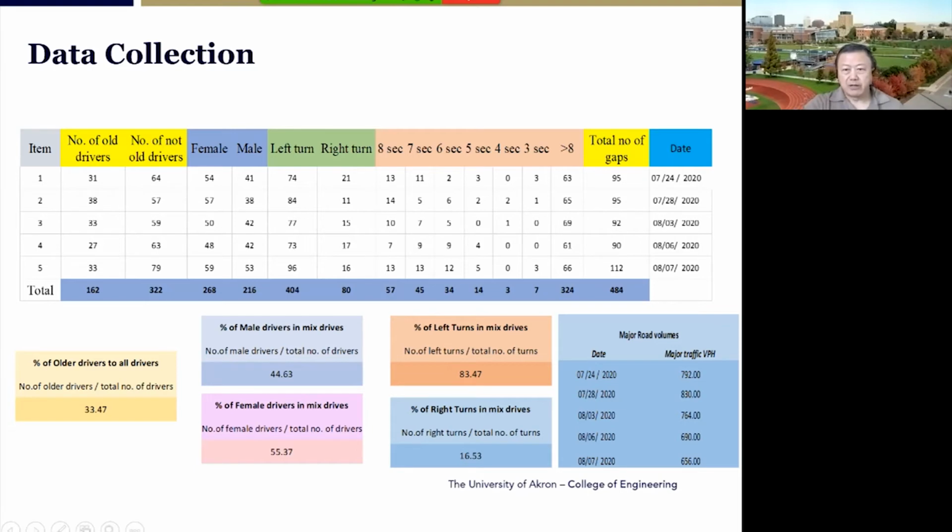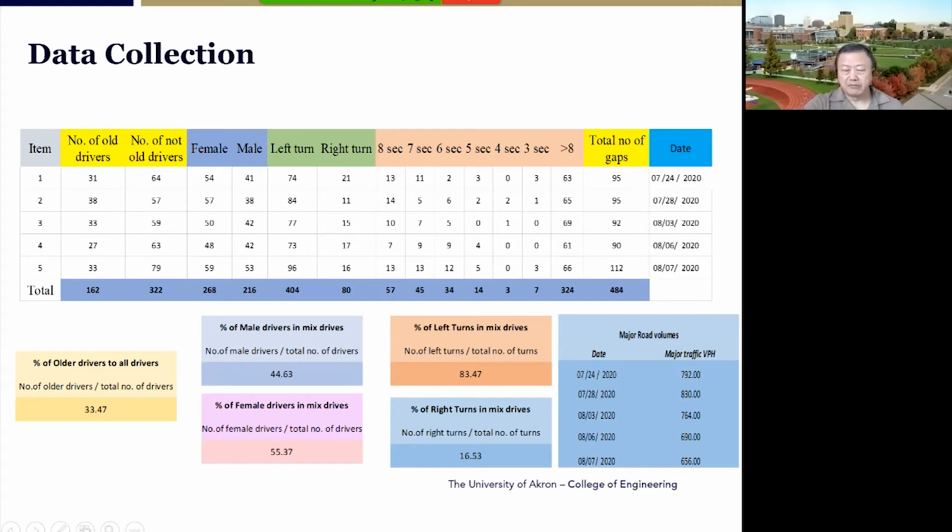For the first one, 63 older drivers selected gaps greater than 8 seconds. And then we have 8 seconds, 7, 6, 5, 4, even 3 seconds. You can see people selected those different gaps.